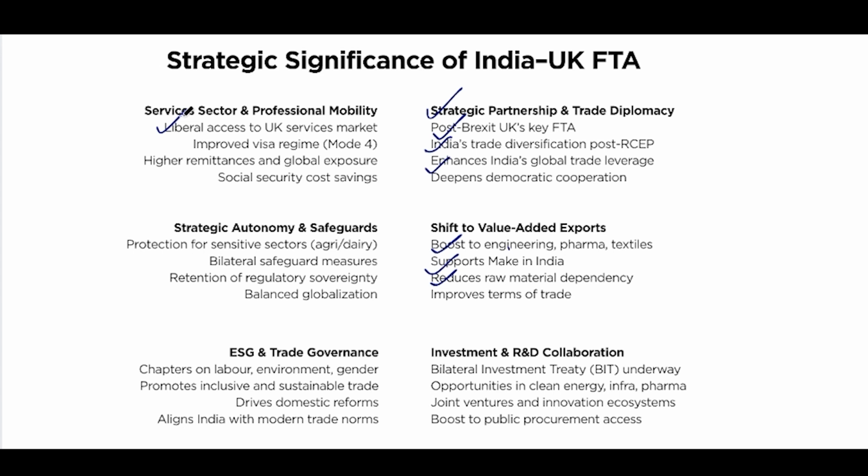The renowned service sector stands to gain considerably. The FTA opens up Britain's service market with one of the most liberal commitments that UK has made in modern times, especially dealing with IT, information technology, financial service professionals like doctors and CAs. UK has promised improved visa regime for Mode 4 services, where the services can only be provided by movement of natural persons. So, for example, opening up of UK universities or their campuses in our country